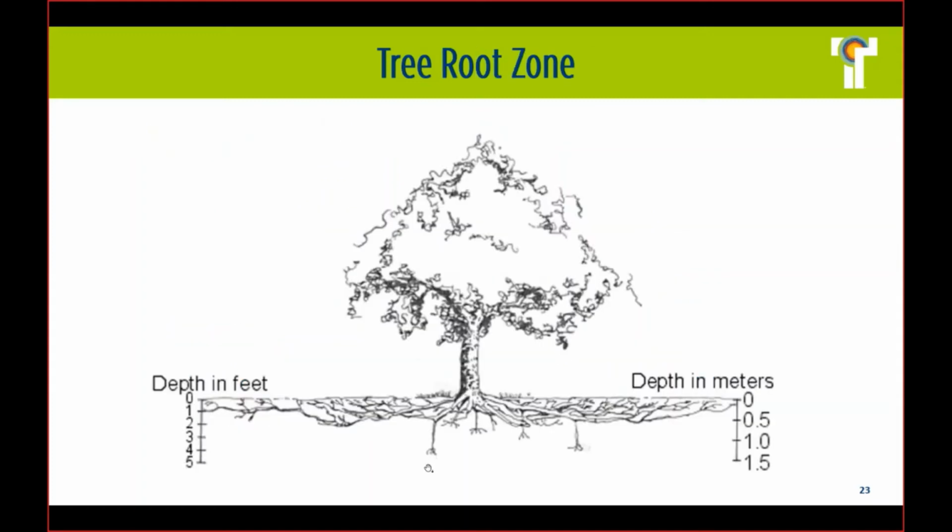So just talk about roots for a minute. Quick diagram, roots go very far beyond the canopy of the tree as long as they have space. Again, if you plant a large tree in a small space and a small hole, you're going to get a small tree. Most of the roots go down perhaps 3-4 feet. In our urban areas, the majority of them are in the upper 2 foot, and all the feeder roots are in the upper 12 to 18 inches